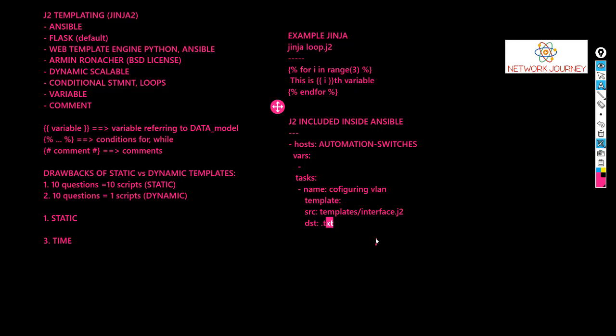VLAN 10, name, whatever, VLAN 11, all those things in a proper structure, and that structure you copy paste to the box. It's an additional step which, if you want, you can do it, but I'm just telling you because if you see this kind of model, don't be surprised. We just introduce one additional step in these cases. I'm collecting all my data here in the destination, and then I'm just triggering it on the device. If you don't want to do this, you can just straight away get it done on a device basis.